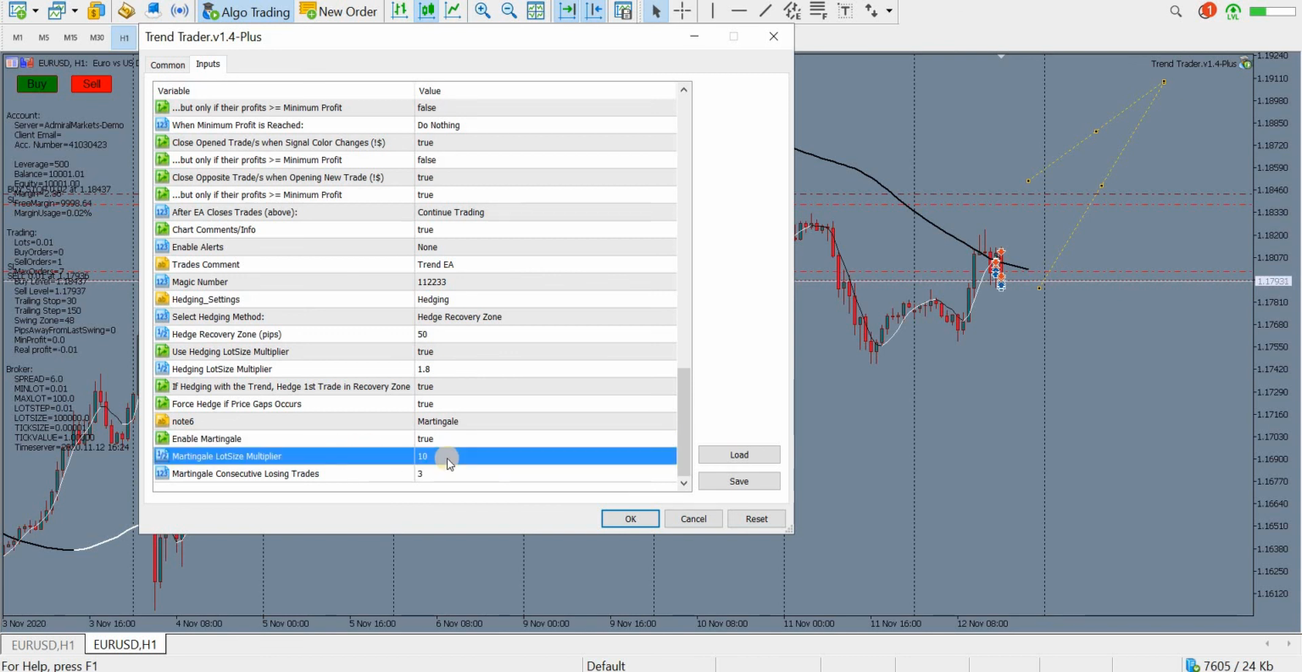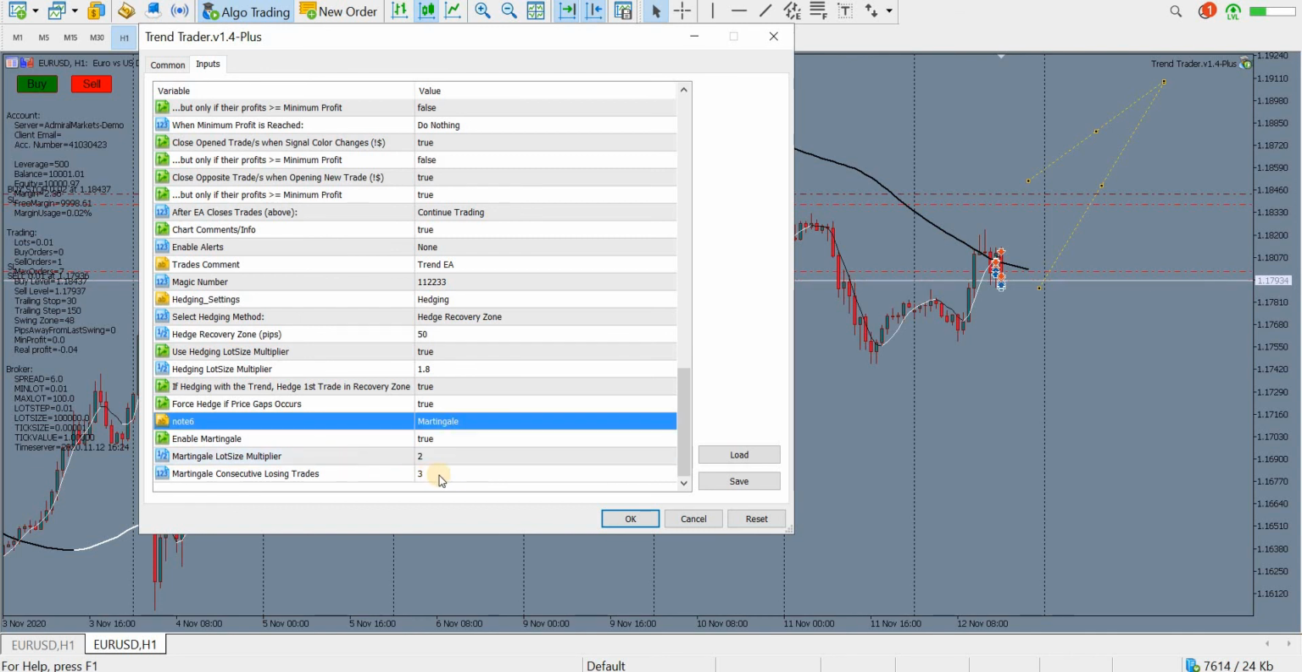And one way to do it properly is simply use a decent lot size multiplier. Obviously, if you use 10, that's 10 times the lot size that you already lost. And if you are losing again, it can be quite depressing. And of course,